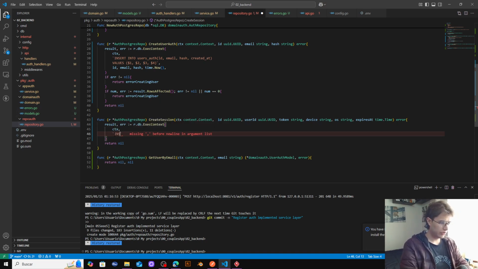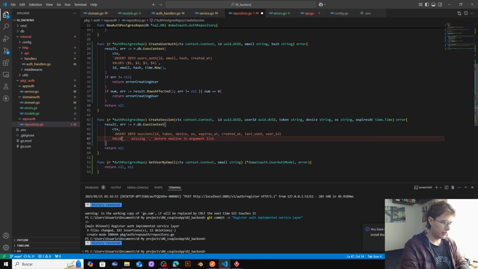It's insert into sessions, in the fields ID, token, device, OS, expires at, created at, and last used. Yeah, and the user ID, obviously user ID. The values will be